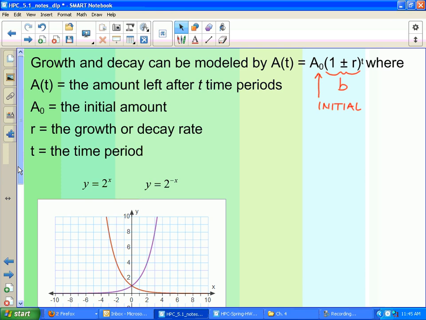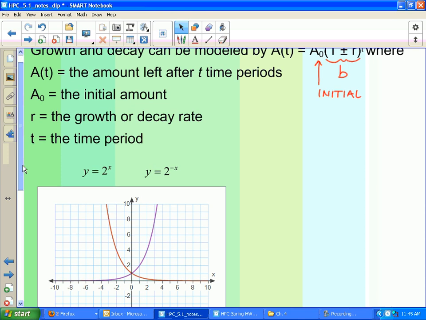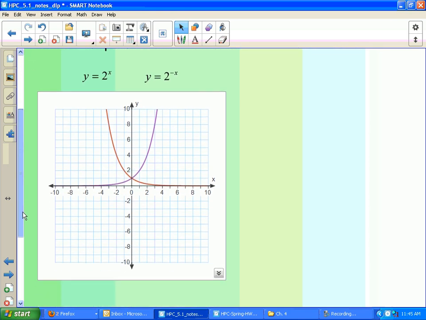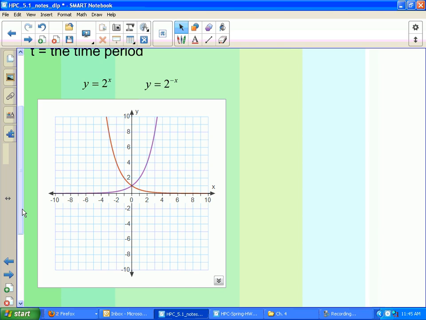Are we good on these amounts? These are what we had before. Is everyone good there? Okay, so what if we had a